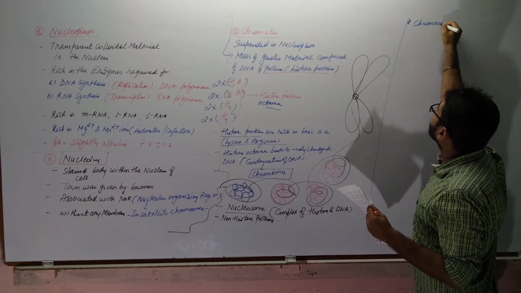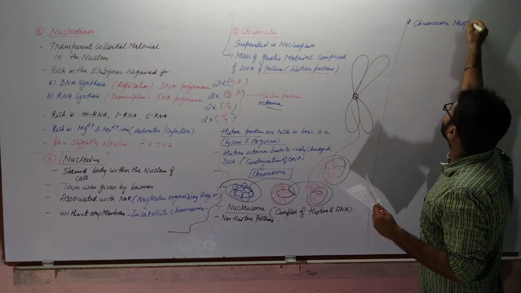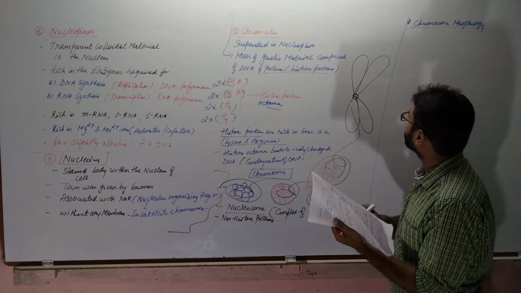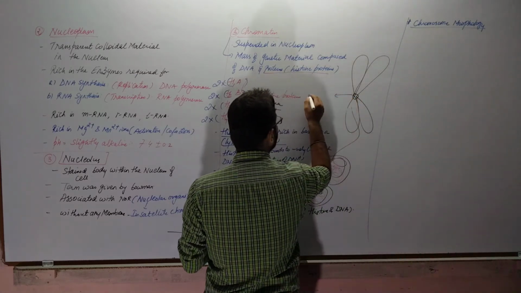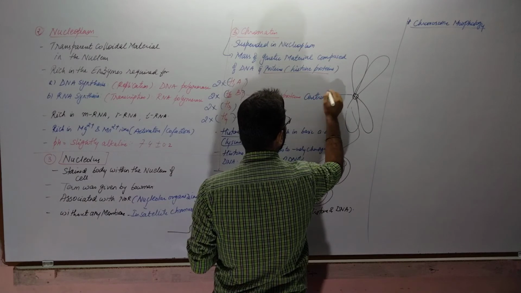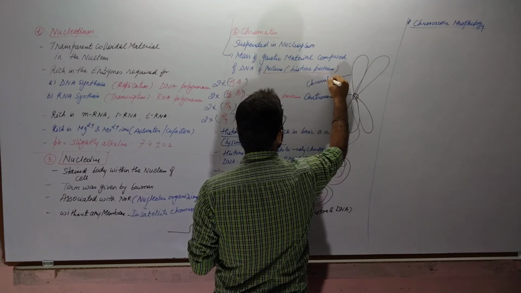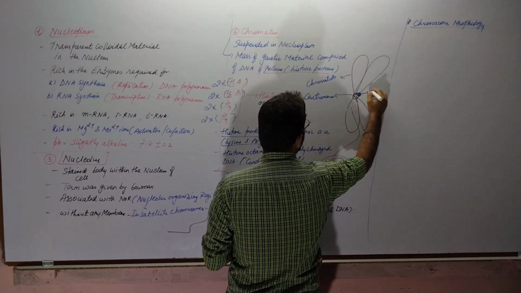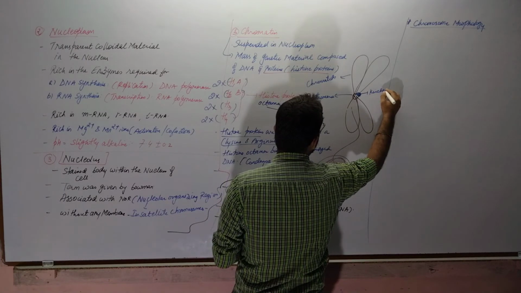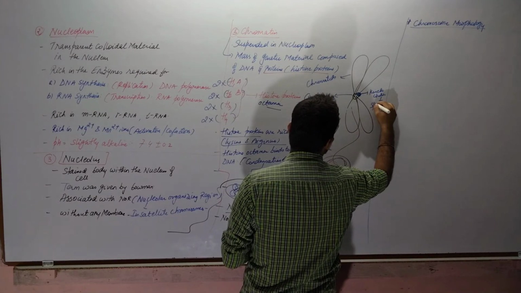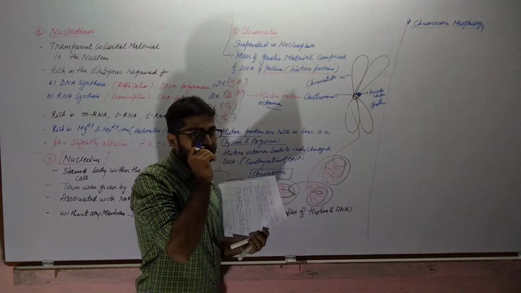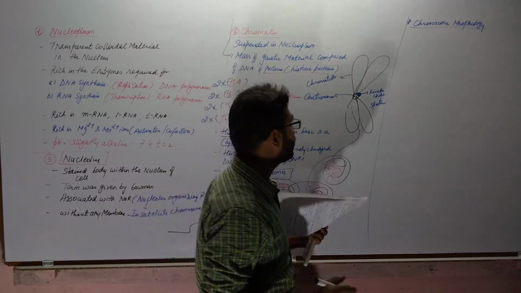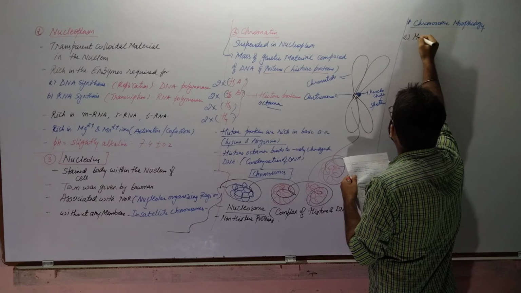So this is the last thing that we have to discuss, that is chromosomal morphology. Right? So a chromosome has this primary constriction, that we call the centromere. These are the chromatids, the sister chromatids, and surrounding the centromere there is a protein structure called the kinetochore, which is mainly involved in spindle fiber formation. Right? Now based on the location of the centromere, there are total 4 types of chromosomes: metacentric,